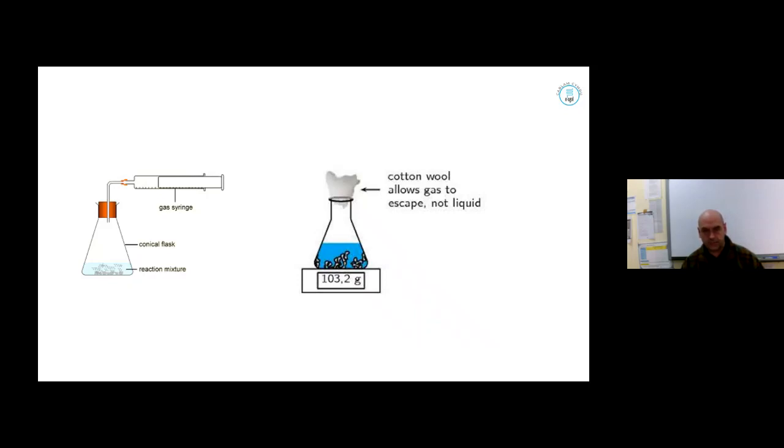There are different techniques we use to monitor rate. Obviously, this is a reaction which would generate gas. So we'd expect here to see the gas syringe moving outwards. We could record the volume every minute or every 10 seconds, whatever you think is relevant for that reaction. And here we're monitoring the change in mass, and I hope you know